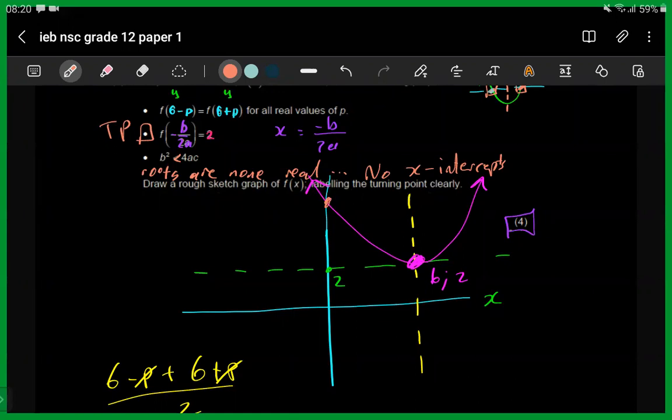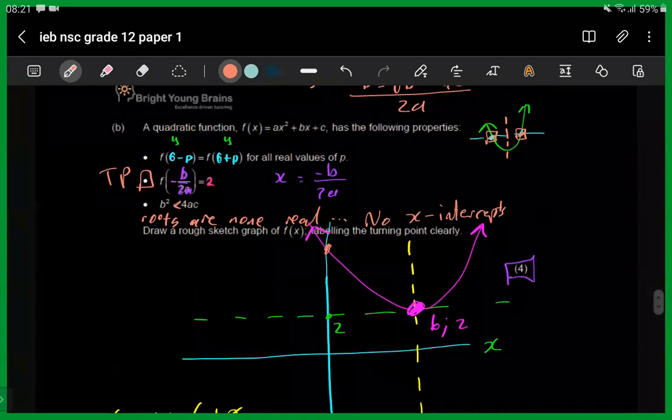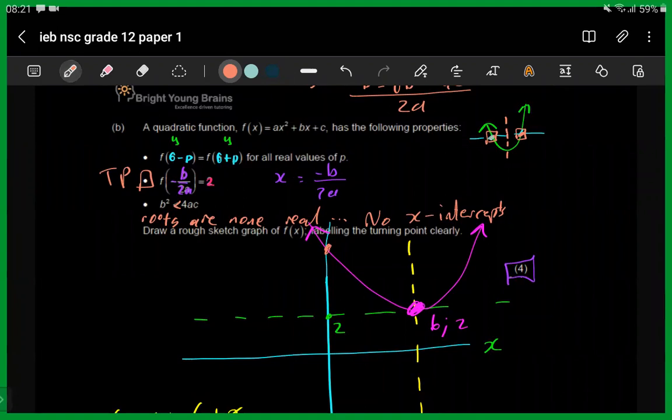They didn't say anything about labeling anything else, so we might as well just label the turning point, because that's the only thing that they want us to label really. Since we have the actual value of the turning point, the x value is 6 here and the y value is 2. What can that help us with? This should be enough. I really don't think we need any other piece of information for this equation. We really don't necessarily need it. But if we had to, let's say, get the y-intercept,